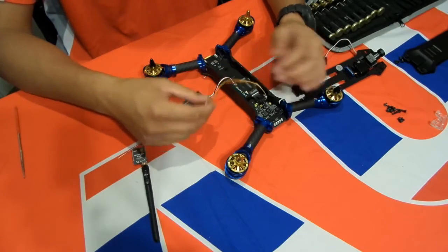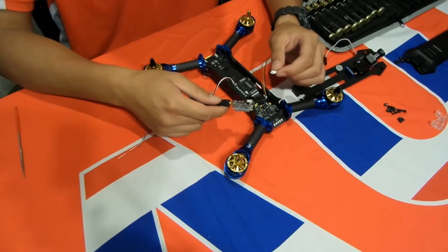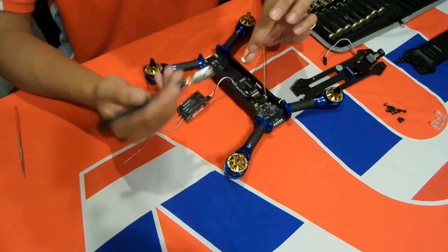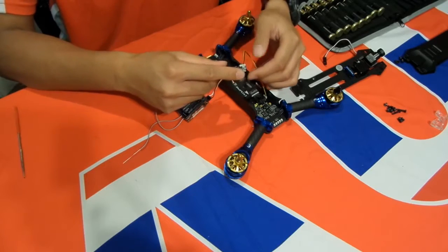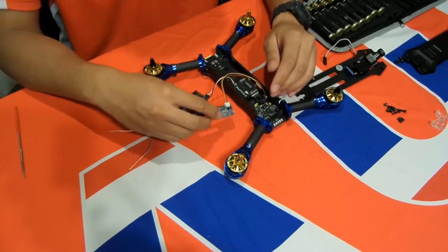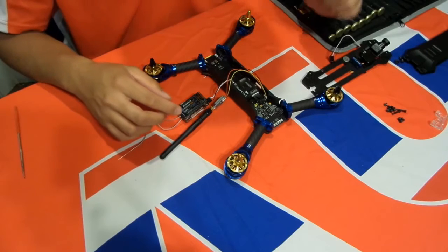yellow, black and red wire, will run from the front of the fuselage over here to your video transmitter. So make sure the polarity is correct, matching your video transmitter, and if it is, you can just plug it straight in, just like that, and we're ready to go with the video transmitter and the receiver. So the next thing we have to do before we put the top plate on here is we need to